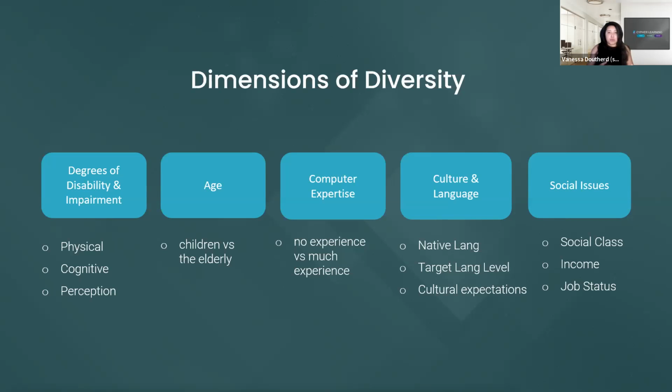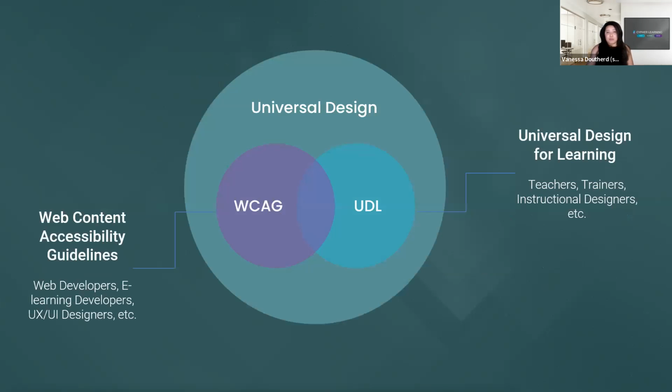So as we move through this webinar, we're going to focus specifically on suggestions regarding how we can meet the needs that arise from some of these dimensions using Cypher products as a basis. However, I think it's important to preface that with some context so that we can truly understand where those suggestions are coming from. Since again, this is not by any chance an exhaustive list of suggestions, because there are many, many applications of universal design. Here, this beautiful diagram shows you the ones that I chose